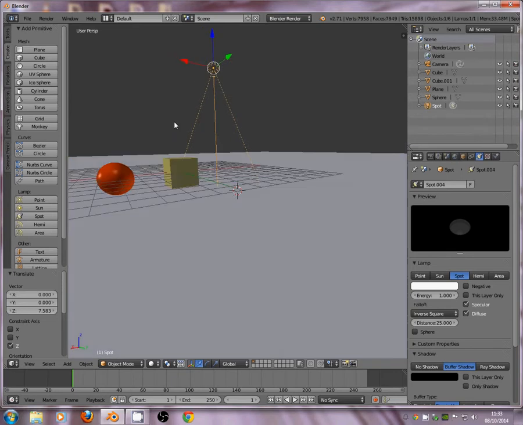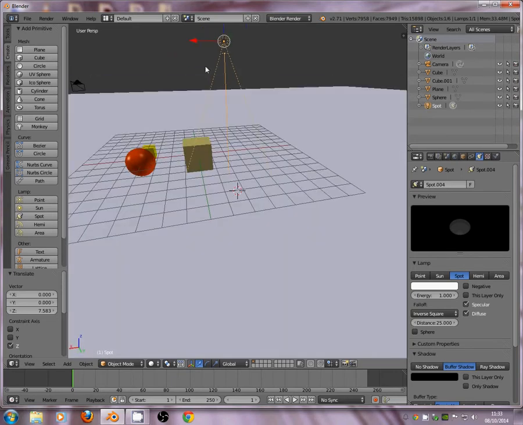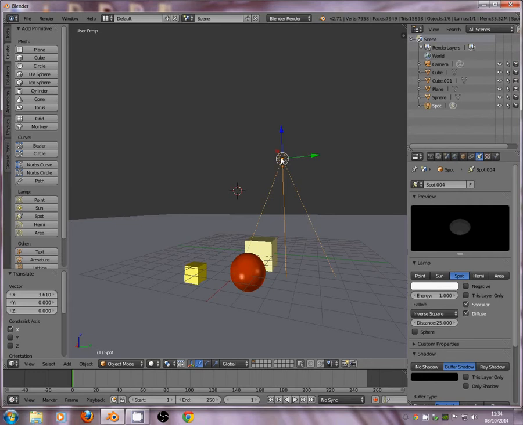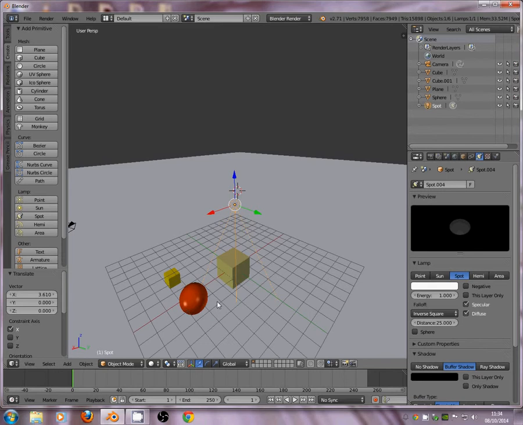The main difference between the spot and the other types of lamp we've looked at so far is that instead of being omnidirectional, which is where light goes out in all different directions at once, the spotlight only casts light inside the cone. So we can see here there's a dotted orange line coming down from the lamp itself, and that means that light will only be within this cone. So if we have a quick look at